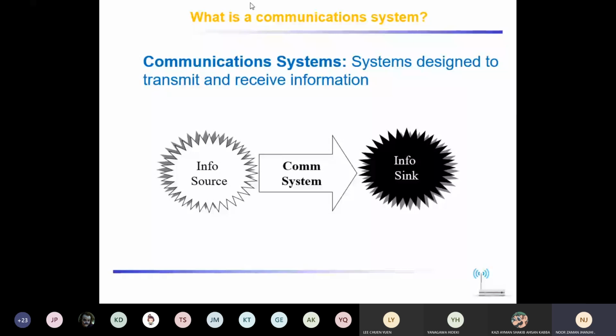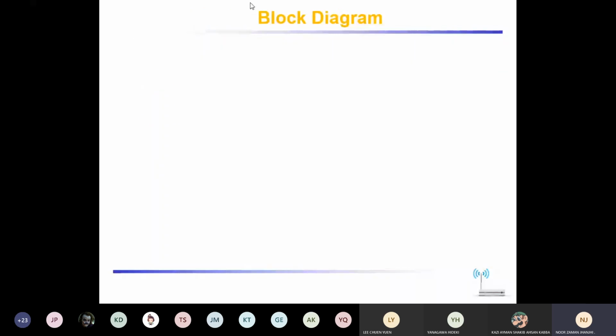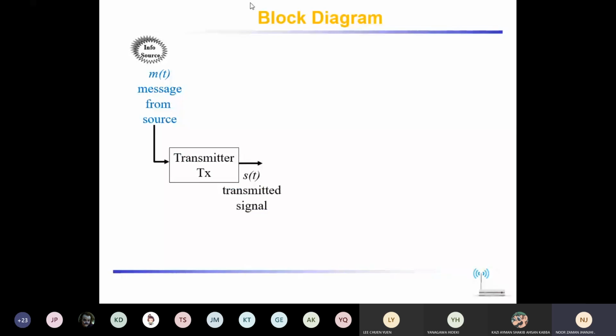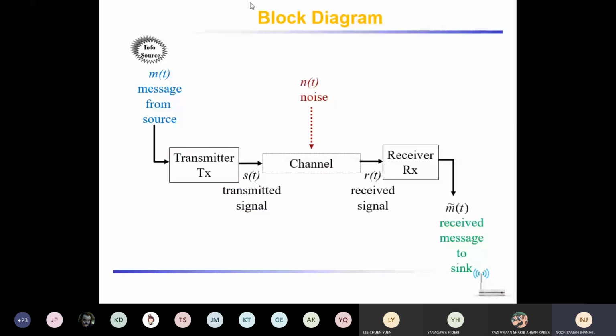In the next slide, we are trying to show you what the communication system is. You can see the first one is the information source, the message is coming, then there is the transmitter, then there is a channel, then there is a receiver, and finally it goes to the information sink. In between, transmitter and receiver: transmitter on my end, receiver at your end. The data which travels between you and me is called a channel.